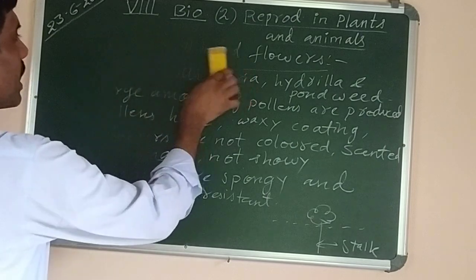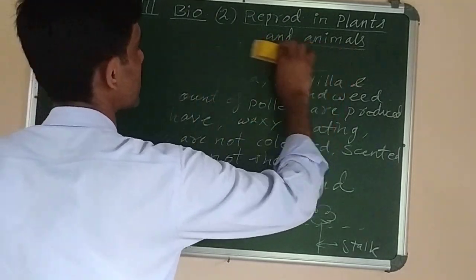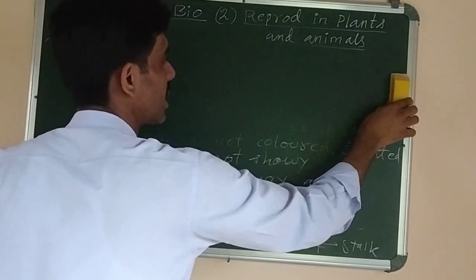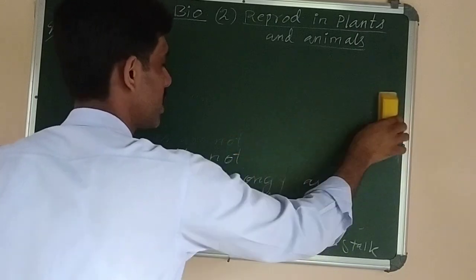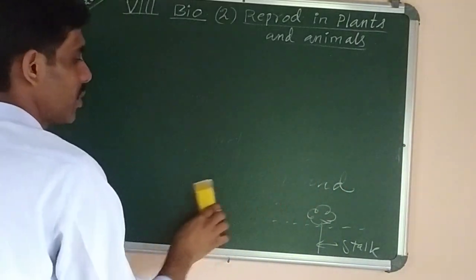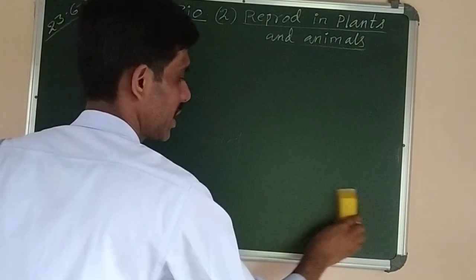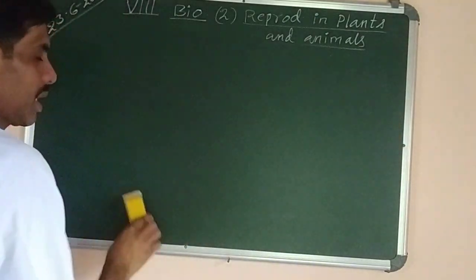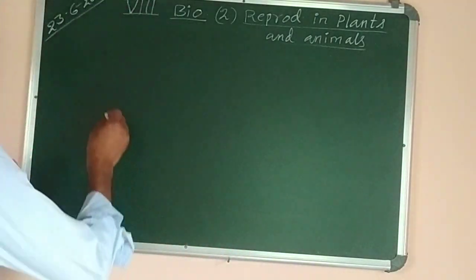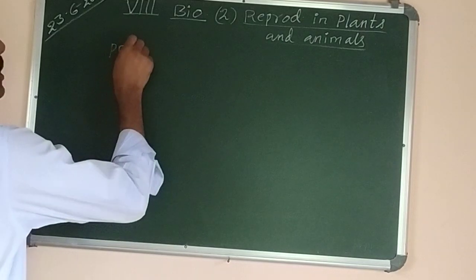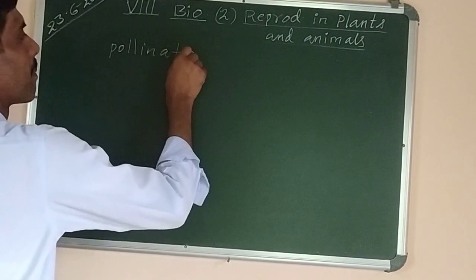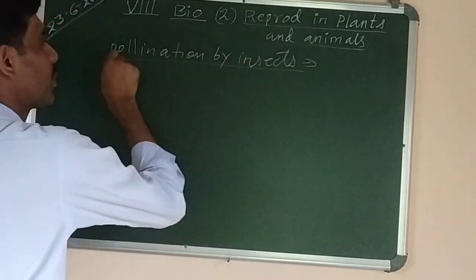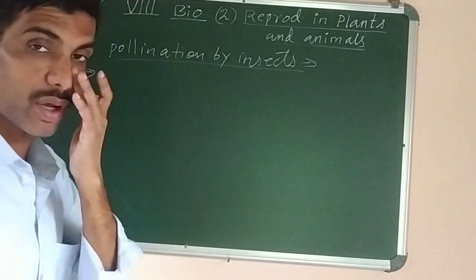Now next topic we have is the insect pollinated flowers. There are many examples of insect pollinated flowers you can give, like it is found in mango, it is found in guava, it is found in China rose, any other plant you can give. They are pollinated by insects, in which the honeybee and other insects will come to bring about pollination. So pollination by insect. Next topic, pollination by insect or insect pollinated flowers you can say. Okay, examples already I said.